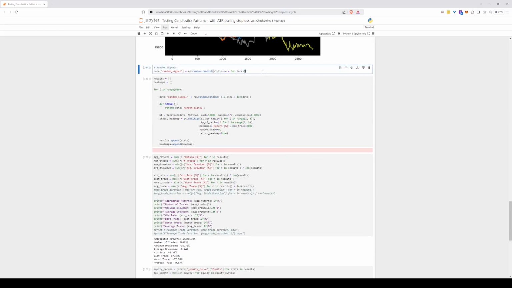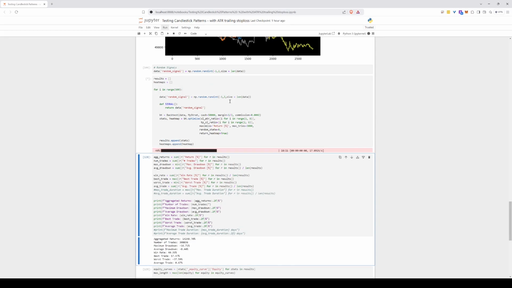Okay, so what I'm going to do now is to establish the benchmark. I want the benchmark to be random signals. I'm going to generate long, short, and do nothing signals. So basically, I'm going to generate a random number from -1 to +1. If it's a -1, I'm going to say it's a short signal. If it's a +1, I say it's a long signal. If it's 0, then I say it's no signal, right? I'm going to do this 500 times, collect all the data, and put down the summary statistics of the data. Okay, so if I run this,